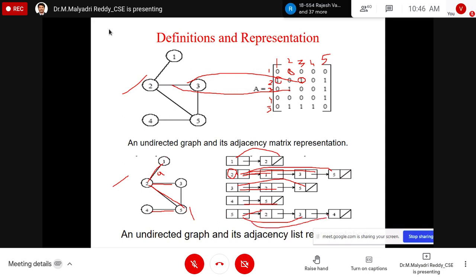So this is the way to represent graphs in the computer, by using the adjacency matrix or by using the adjacency list. Different models are there, so if you learn that one, you will get a little bit of confusion. Further, if you require, I will explain the incidence matrix format, similarly the adjacency list format. These are all the basic representation methods, either adjacency matrix format or adjacency list format.